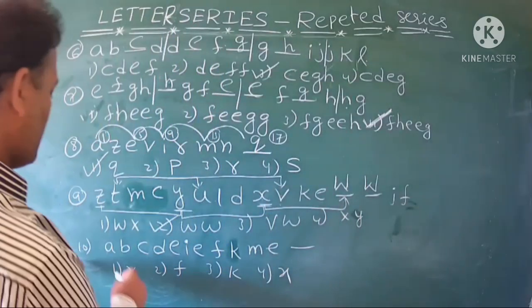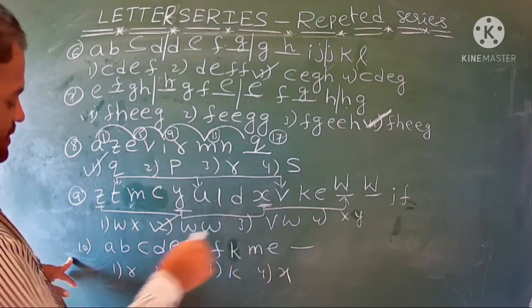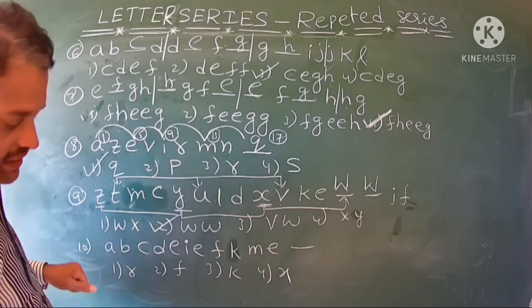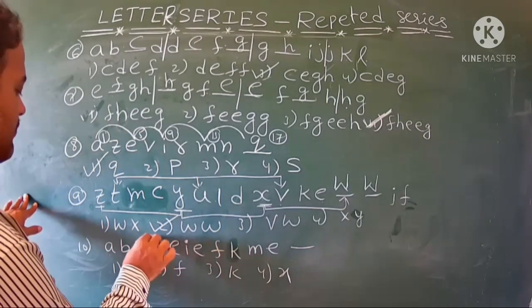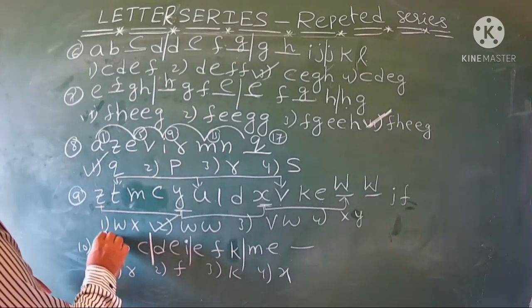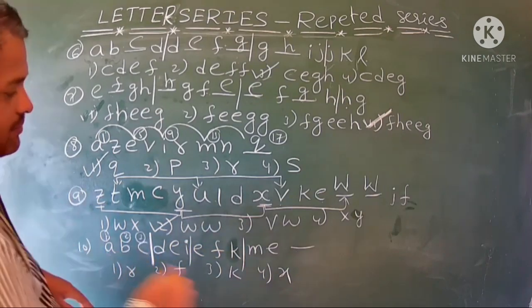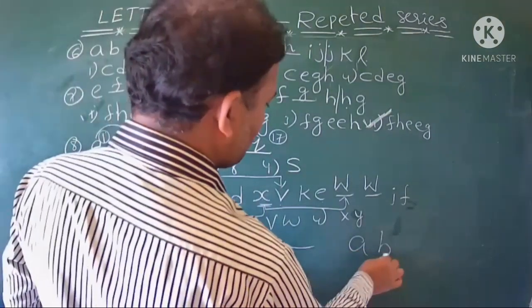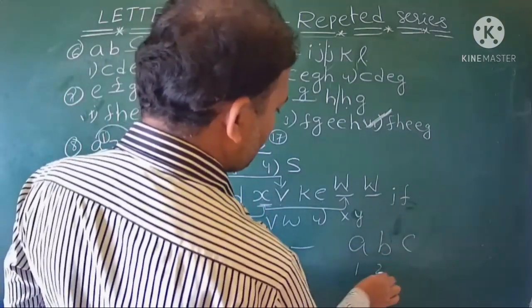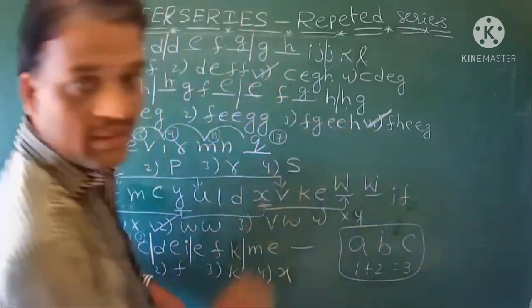See the 10th one, A B C D E I E like that will be there. In the 10th question, you need to observe that the 3 letters you segregate, very simple. For A the letter is 1, B letter is 2. 1 plus 2 is nothing but 3 will come. But here just you need to take A, B, C. A is 1, B is 2, that equals 3, 1 plus 2. So that is the relation.